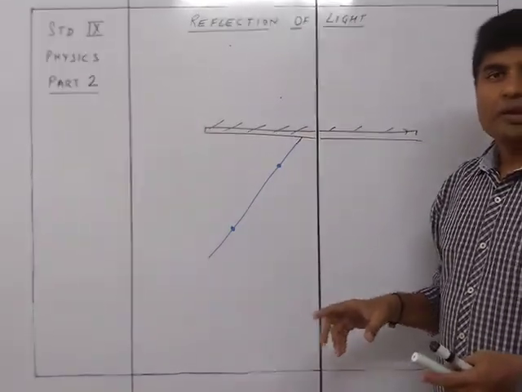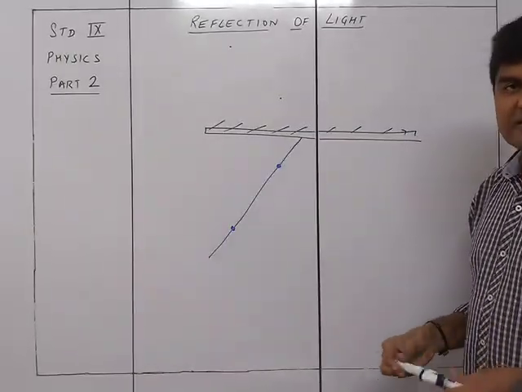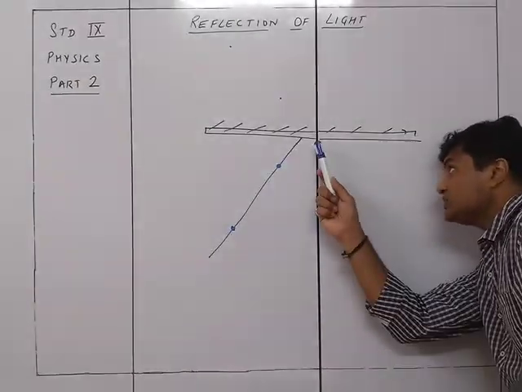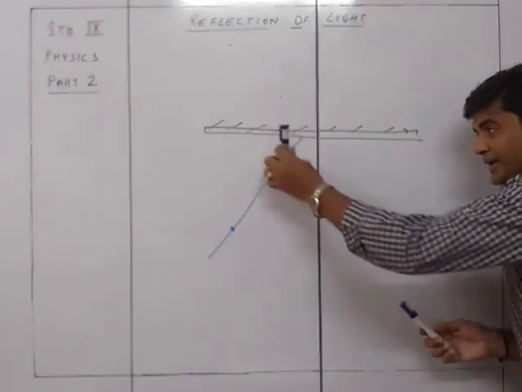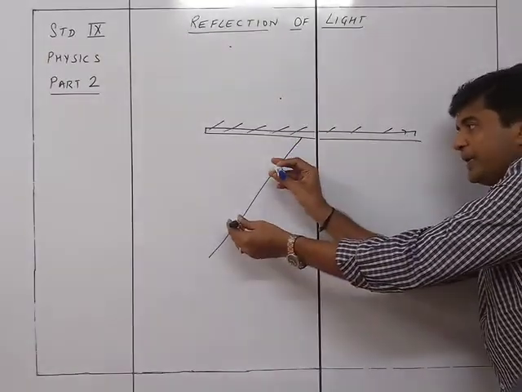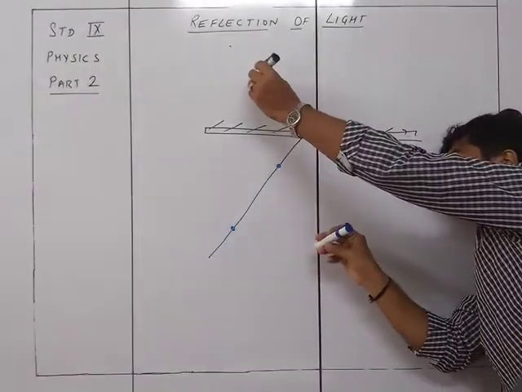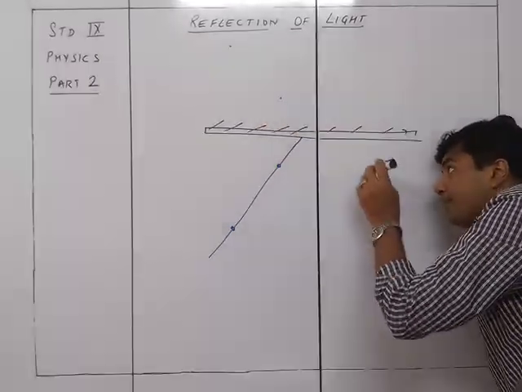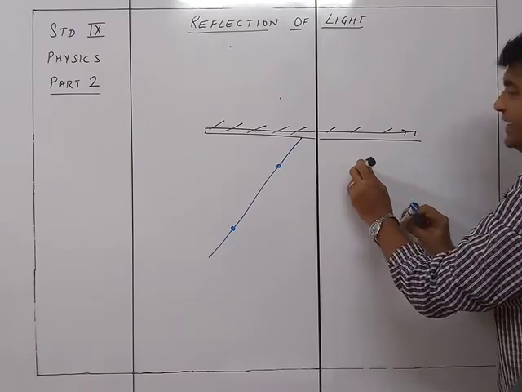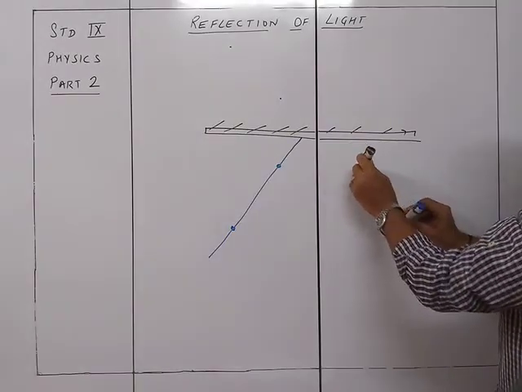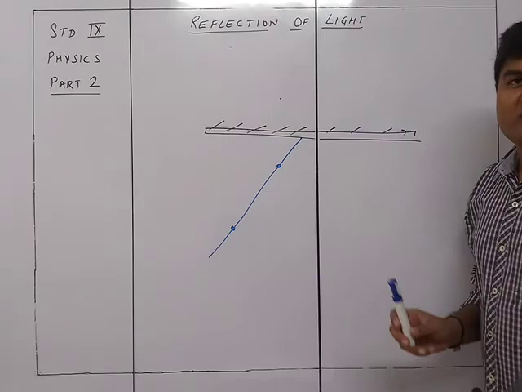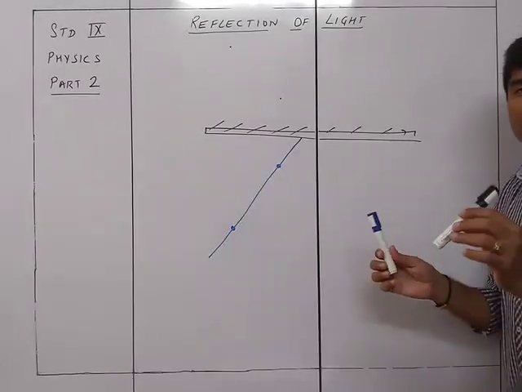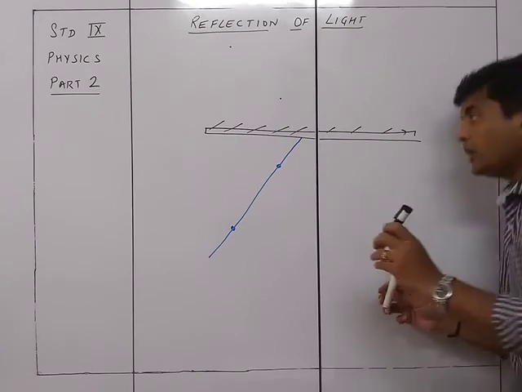So we will see the image of these things inside, and we are going to see through this. What will we do? Two pins are placed here, but we will look at the reflection of these two pins that is visible inside. We'll take two more pins and place one pin here and one pin here in a straight line, such that 1, 2, 3, 4, all of them will be in a straight line. See, these are the images. So we are going to place two other pins over here like this.